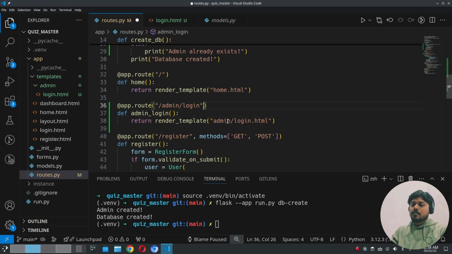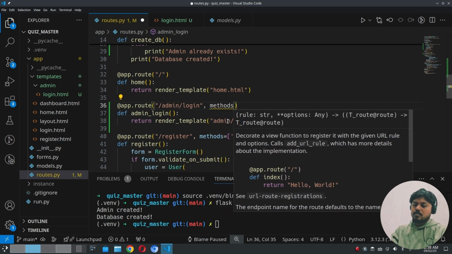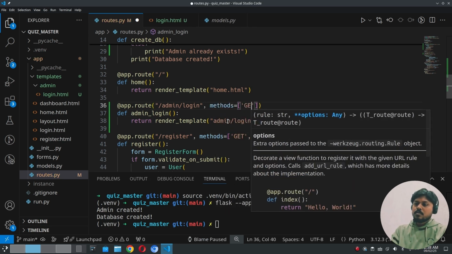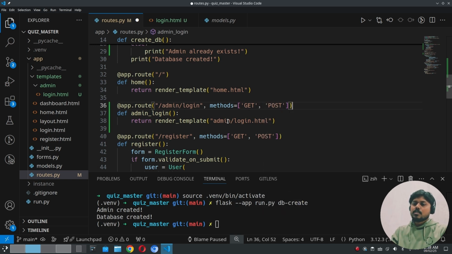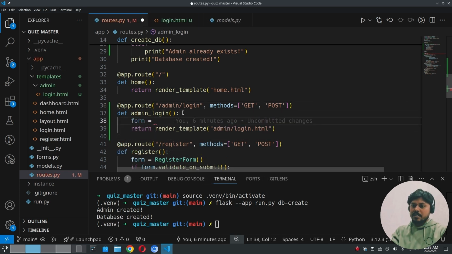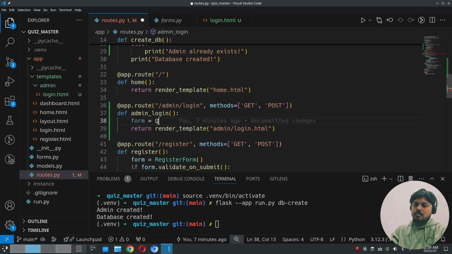We also have to create two methods. First is get, second is post for submitting the login information. Next we have to create a form object for login. The same form object we can use here that we have created for user login. So we can use the same form object, the login form,